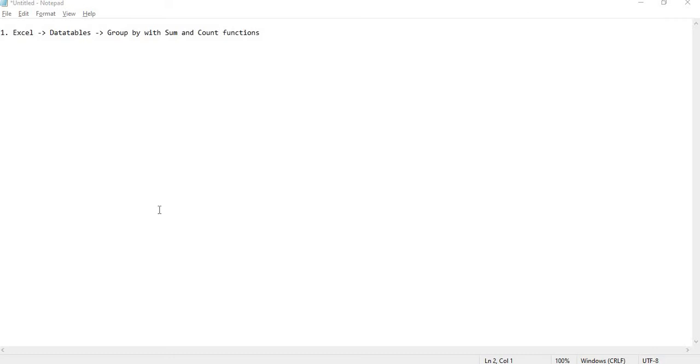Today we are going to learn how to use group by with sum and count functions. You must be knowing, if you are working in projects like supply chain invoice automation, where you need to daily read the Excel sheets and sum the amount or quantity or count the number of lines you have added. In these cases, you will have to work with data tables extensively and you need to use group by with sum, count or any other functions.